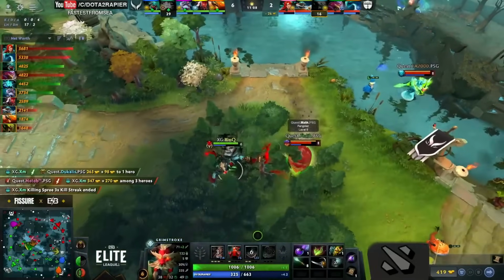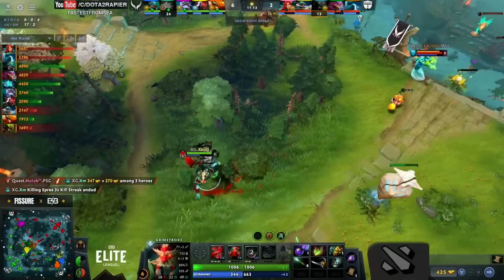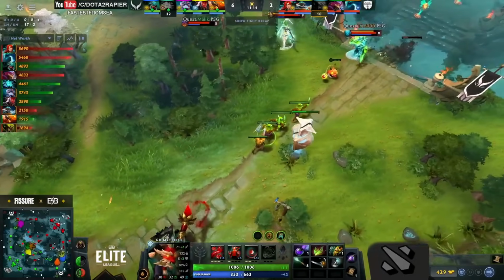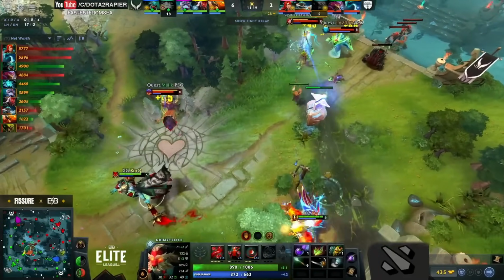3 core heroes in the mid lane from Quest, getting that turnaround. And Malik's going for more, but he misses the Rolling Thunder on Q. Dire's top tower. Oof, not really worth it. They should also... Yeah, this is going to be the tower. They brought all 3 cores from...